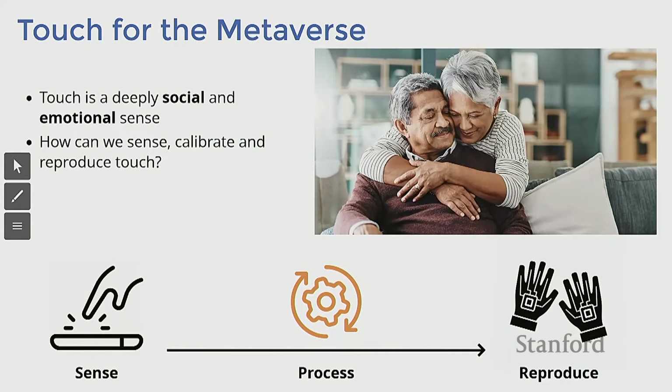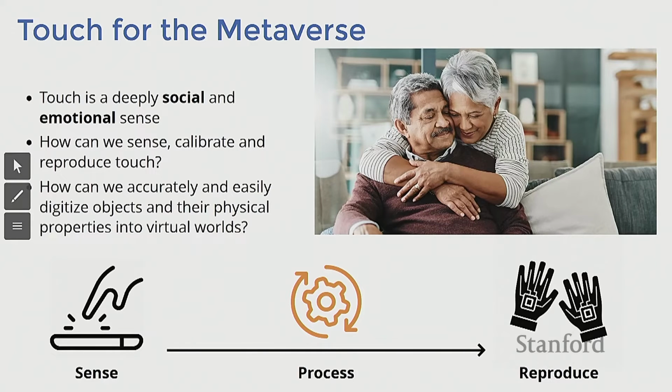So some of the questions that I'm broadly interested in is how can we sense, calibrate, and reproduce touch over the distance? And really here, the contribution that we can provide as a basic research team is on the first part. So how do we essentially collect touch, and how do we make sense of this? I don't work with optics at all. I hope that somebody else will, and will have DIGIT on the other side of this.